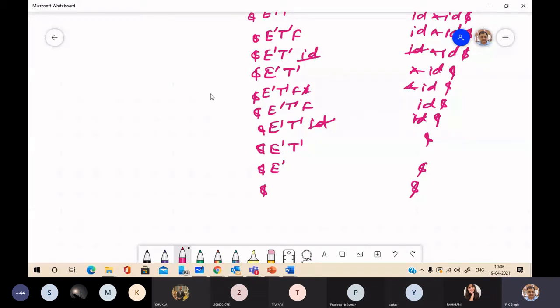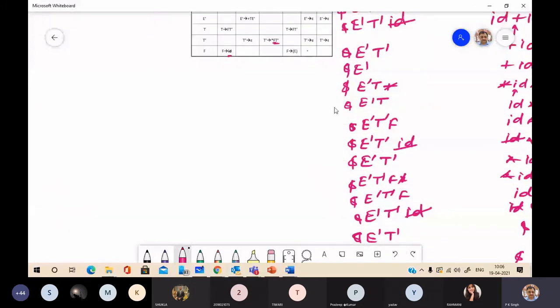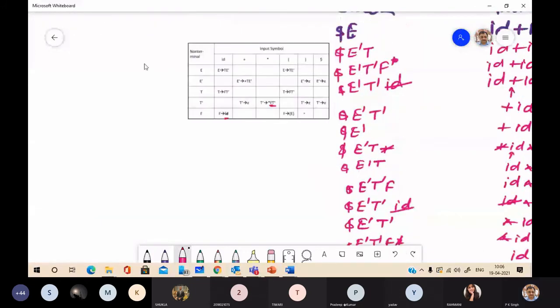Now see the syntactic structure generated. You have started from E, this E. Then E dash T, okay, and T is replaced by F, sorry, it got mixed up.